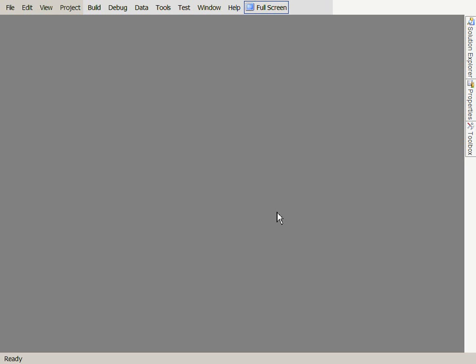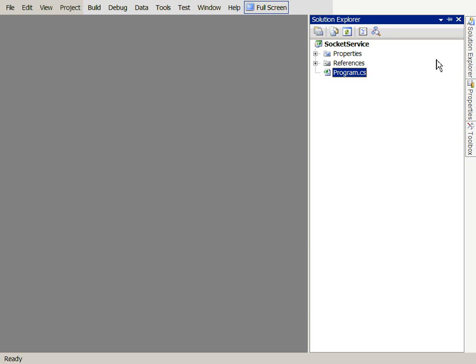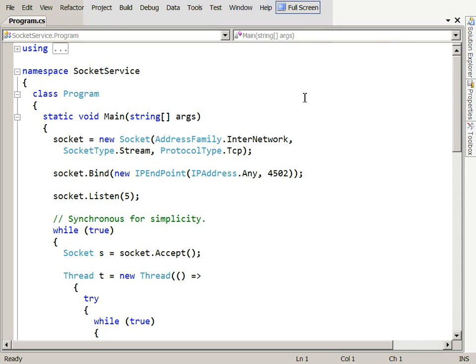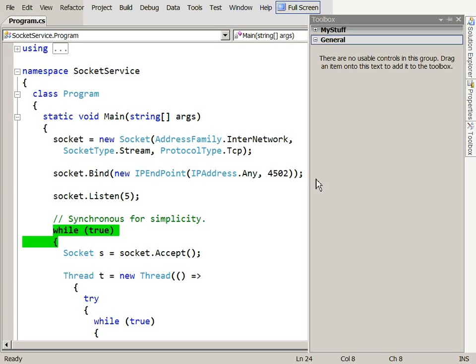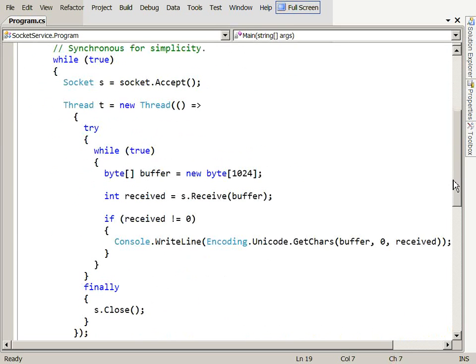So the first thing I've done is built a little socket server on my own machine. Let's take a look at that. This is just .NET Framework 3.5 code, and it's very intentionally simple. I create a socket, I bind it to any network card and port 4502. I call listen. I do this synchronously just to make it easy, and I just loop forever, accepting any incoming